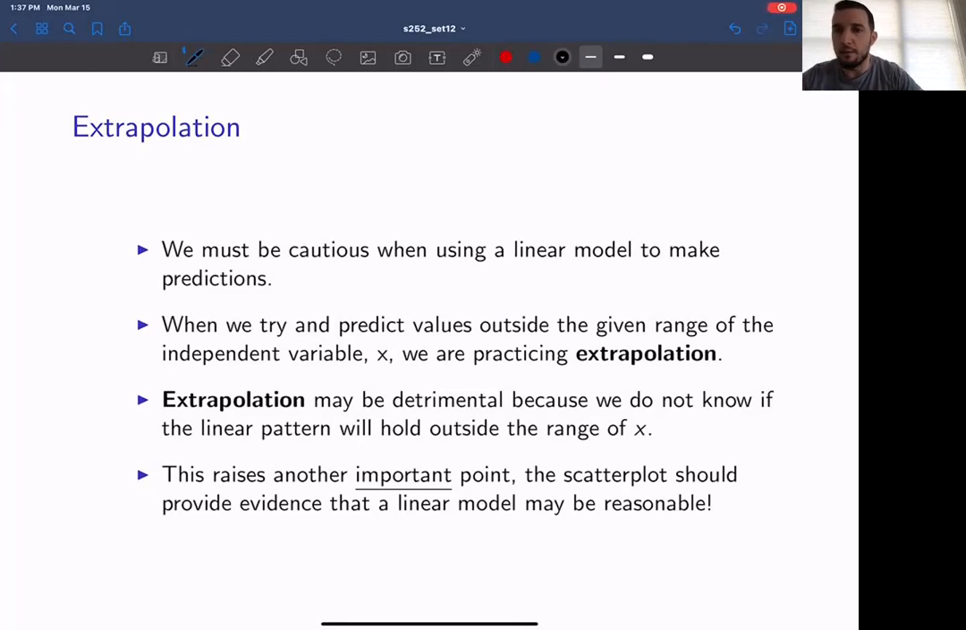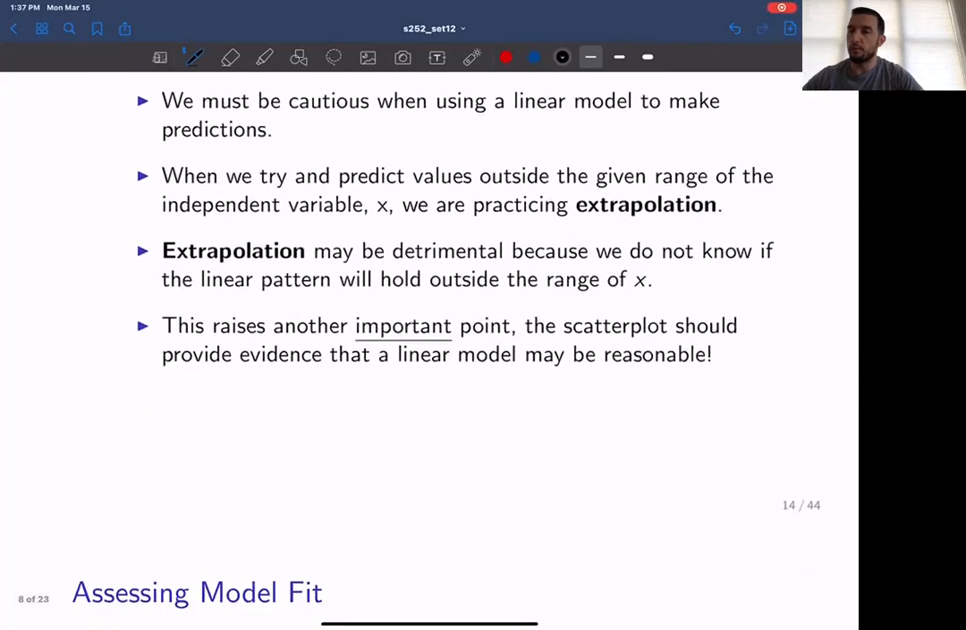And that is the idea behind extrapolation, which is the practice of predicting outside what we have actually observed. And again, the issue here is that when we do this, we don't know if that relationship is still intact. So we could be using a linear model to make a prediction when the relationship actually becomes, say, curved or something like this outside of the range that we have actually seen. And if you think a little bit more deeply about the problem that we are considering,